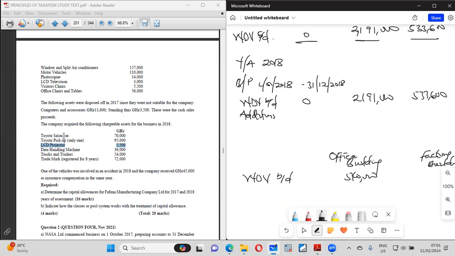So Toyota pickup and this saloon car, for me, you see that this one is 70,000, but the other one you limit it to 75,000. You limit it to 75,000. So please be careful about that. So limit that one to 75,000,